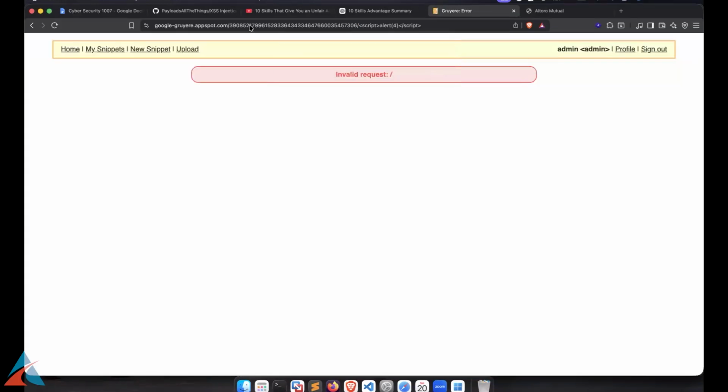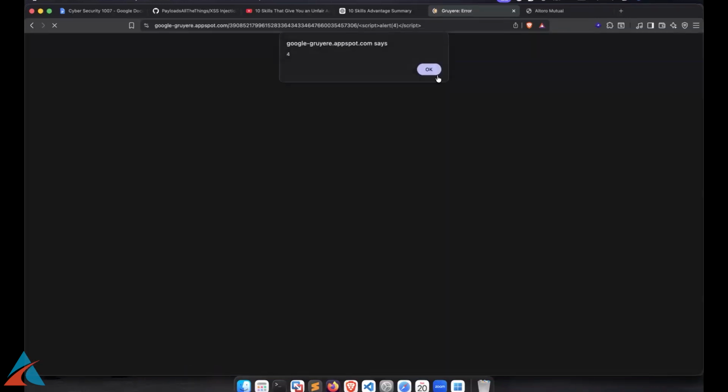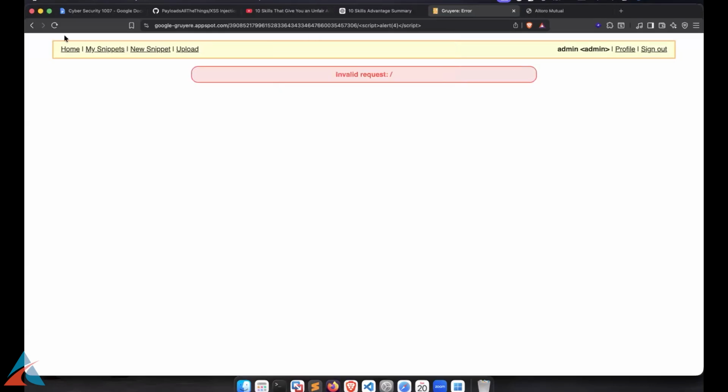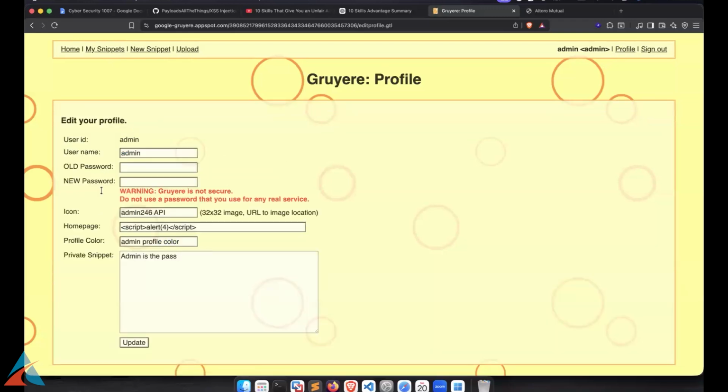And this XSS, as many times as I go on this particular home page, it will keep on executing. It is not like reflected XSS that it will happen only a single time. So this will keep happening again and again, and this is called stored XSS. The same thing we did on reflected XSS, but here we do it on the stored fields. That's the only difference, and you get the execution. So you guys can try this out on this website. The credentials are admin as